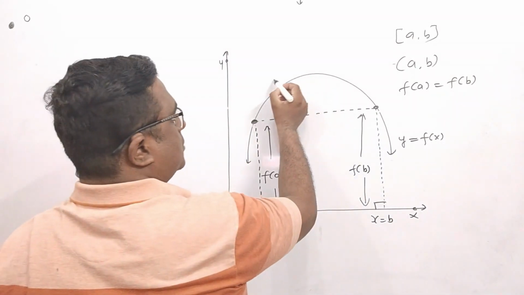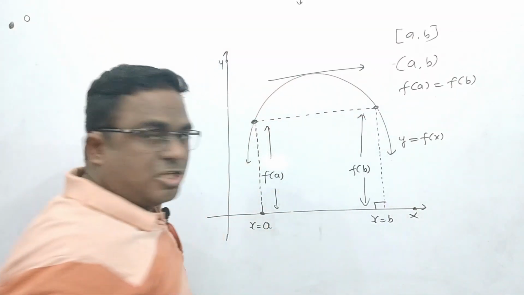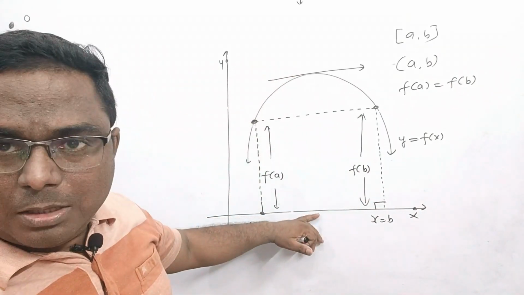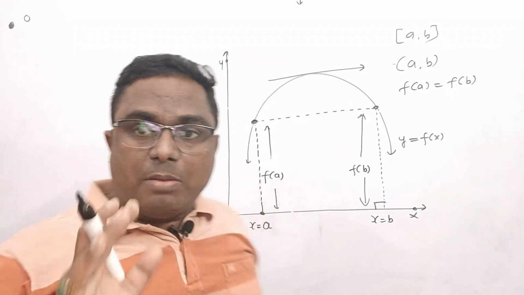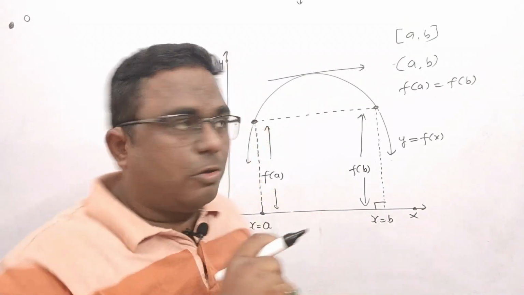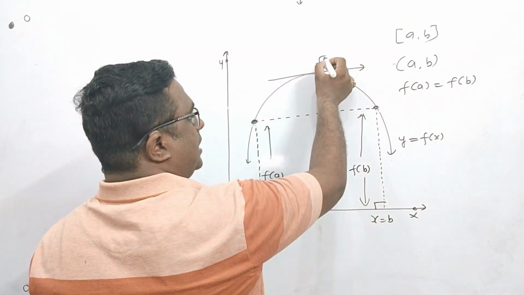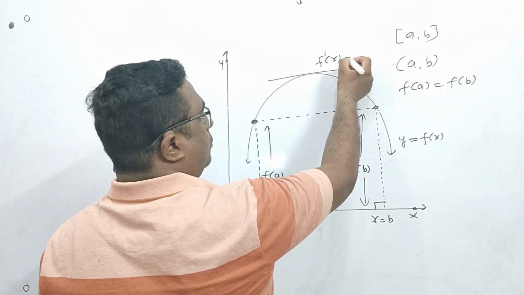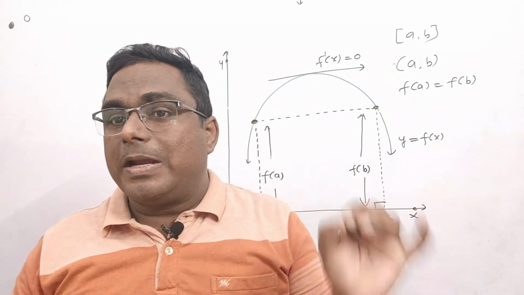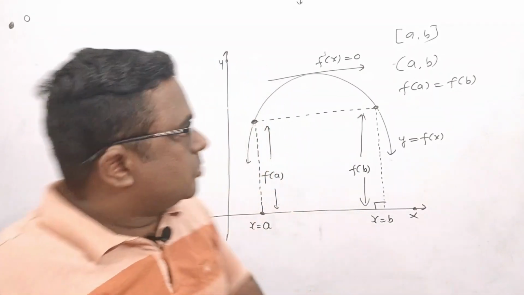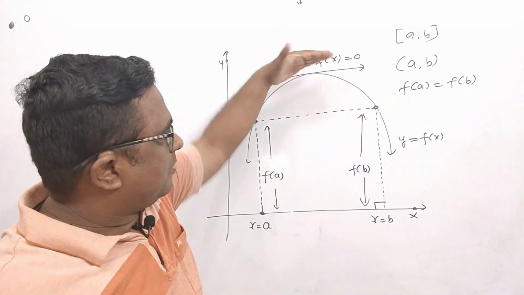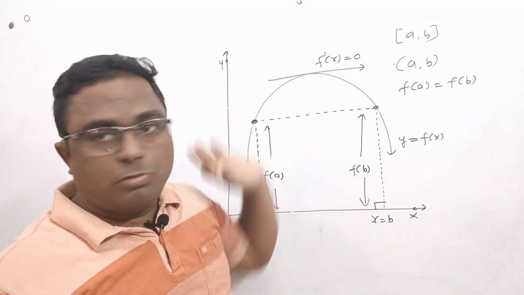Now let us draw. Suppose it is the tangent in the parallel situation. This tangent is parallel to the x-axis. And do you remember I told you that slope of the tangent is denoted by f'(x)? Alright, so the slope of this tangent is f'(x), and it is 0. Why? I also told you that when a line is parallel to the x-axis, then its slope is 0. So if this tangent is parallel to the x-axis, then its slope will become 0. So f'(x) equal to 0.